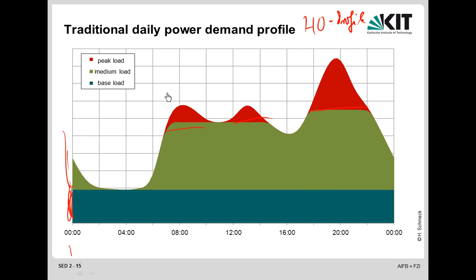We know that we have power generation from renewables, and the power generation from renewables can look like that. Not that late, but similar to that. And it means that power generation from photovoltaics, if you have that on your rooftop, can mean that during the day you don't consume power, or very little power. And it means that the traditional demand curves of load, or base load, medium load, peak load, is no longer valid. And so we have to